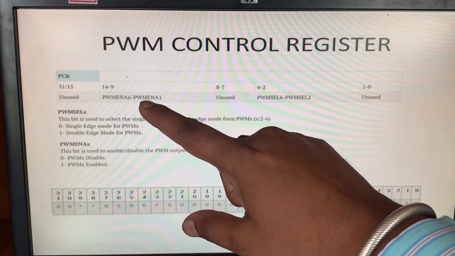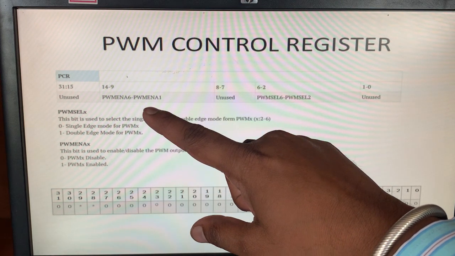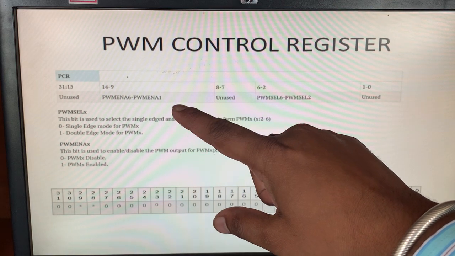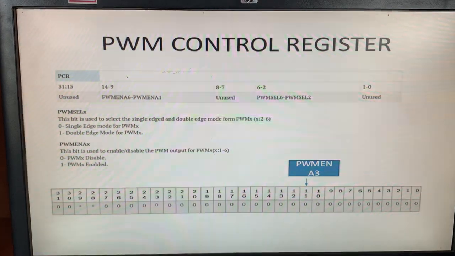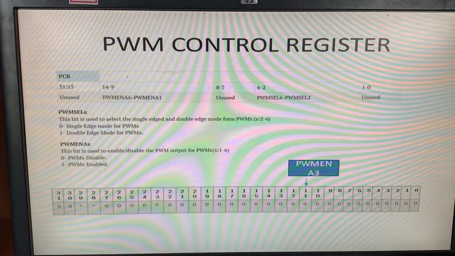Bits 9 to 14 are pulse width enable ENA1 to ENA6, and 15 to 31 are unused. So, this is nothing but the PCR configuration.